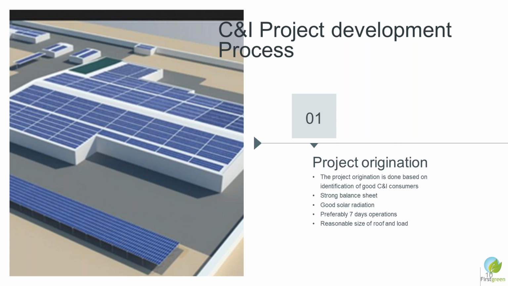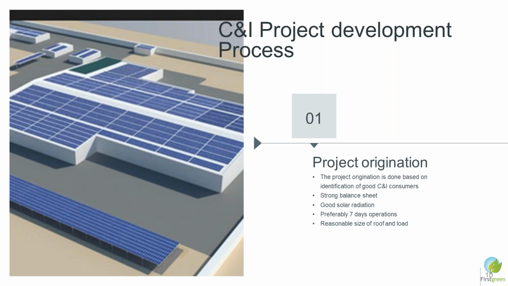For example, there might be a cold storage, which is an energy intensive operation. They have the roof as well as the consumption almost all 7 days. Even if there is a factory, on Sundays there are shifts, and in that type of situation, you can expect that generation is happening and whatever you generate is being consumed by the people.